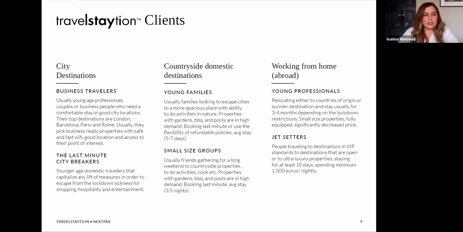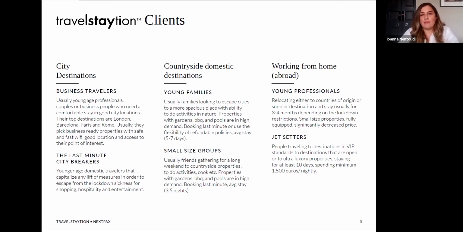In this category, we find also the last-minute city breakers, which is usually in younger ages, domestic travelers that want to escape from the daily routine, and they choose city destinations for shopping, hospitality, and entertainment.